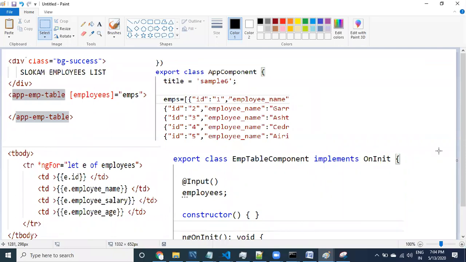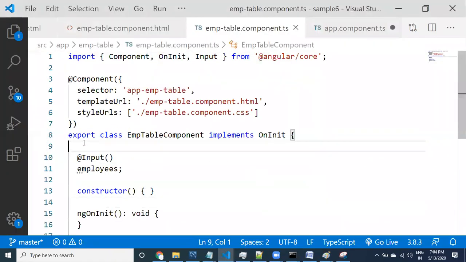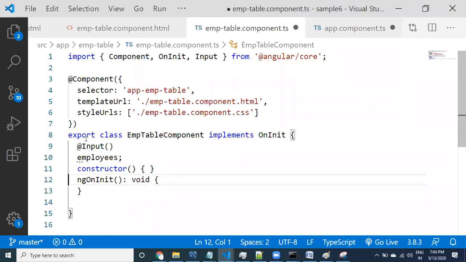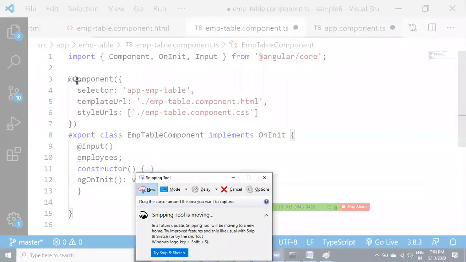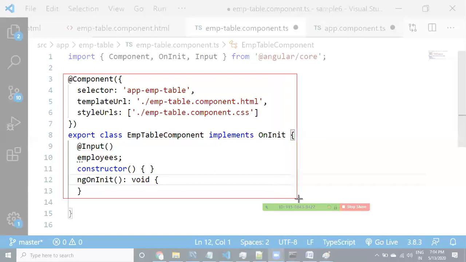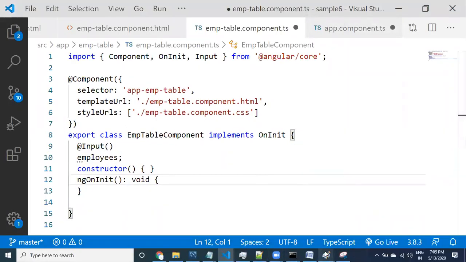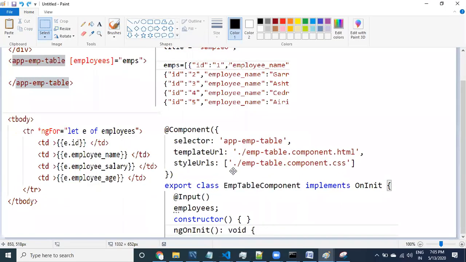How is data going to flow? See here. This is also important. Let me take the Snipping tool again to understand this clearly.